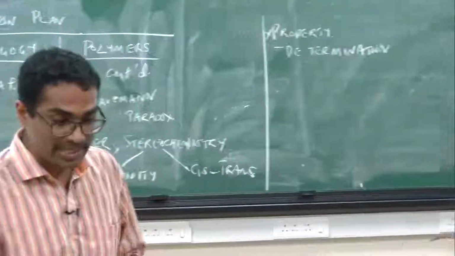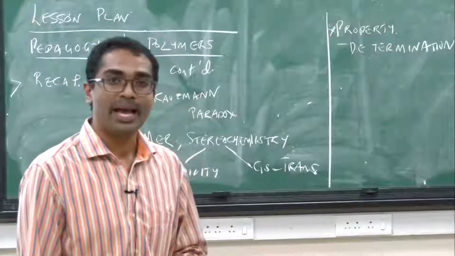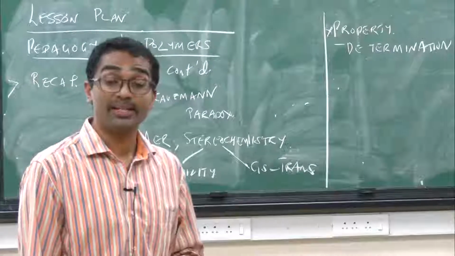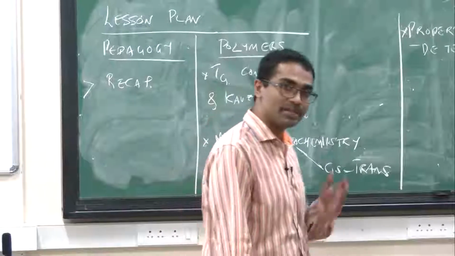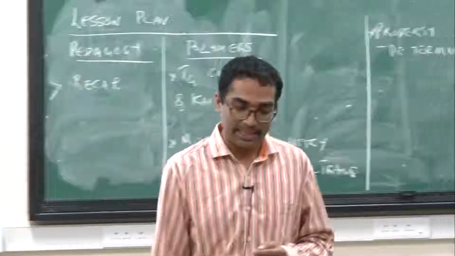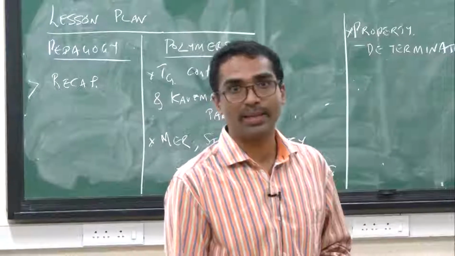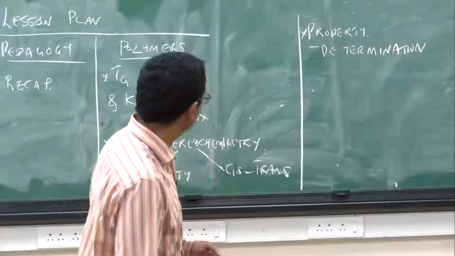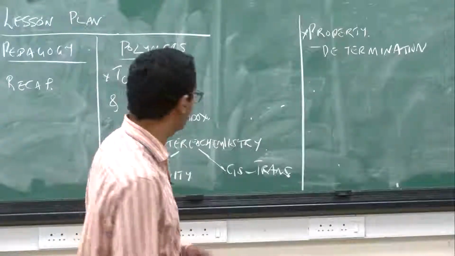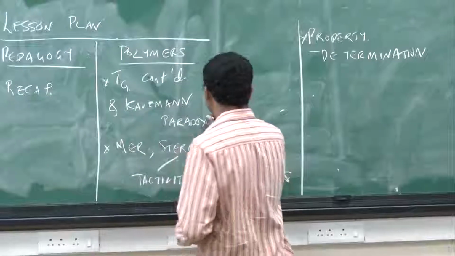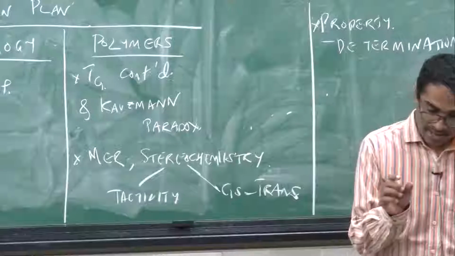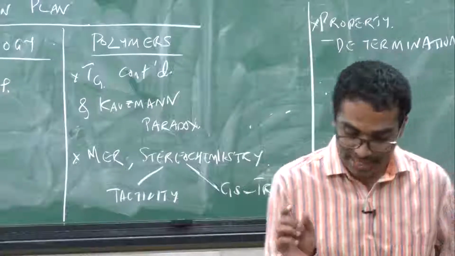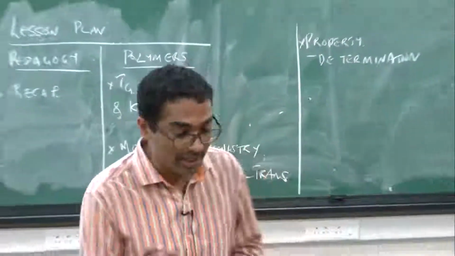But we also discussed that glass transition temperature as a concept is not necessarily related only to polymers or restricted only to polymers. One could also think about glasses in the context of ceramics and also in the context of metallic systems. For instance, metallic glasses do exist. I am going to use the question that the student raised about the allowable gap between TG and TM to introduce something called the Kauzmann paradox.